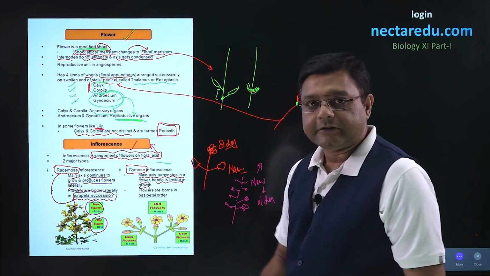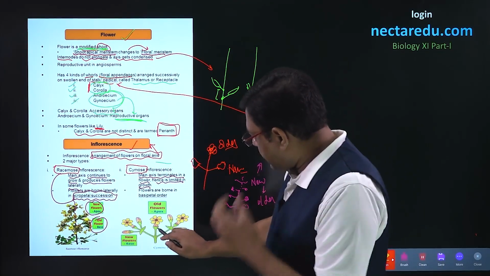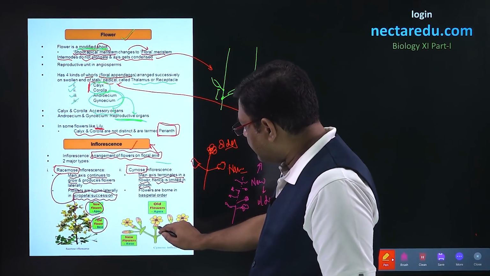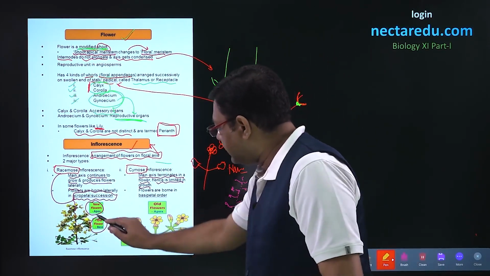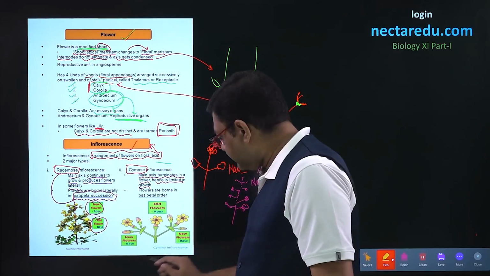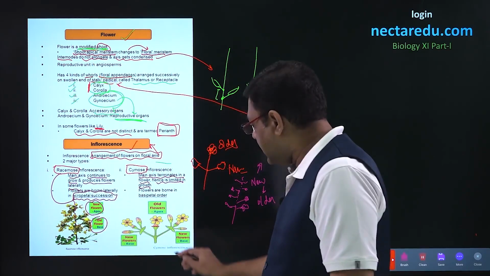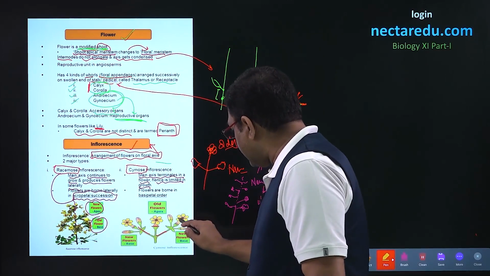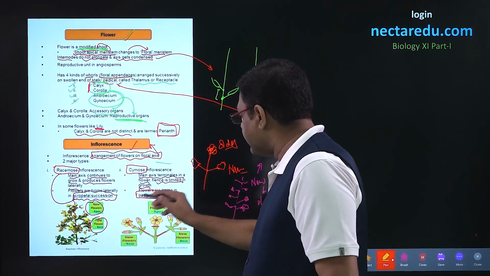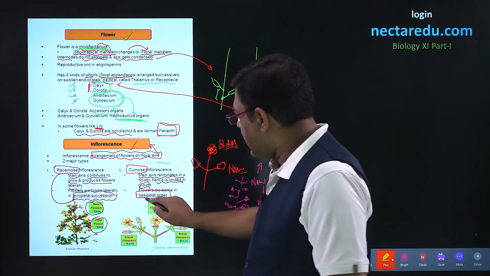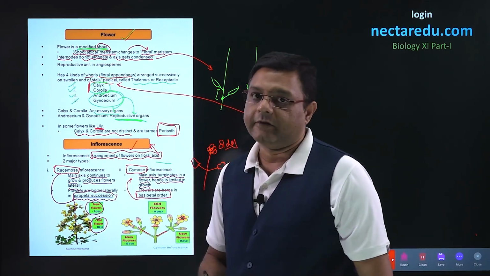The same thing we can see in this particular diagram. A flower has grown at the end of the main axis, so growth is terminated over here. In the previous case, it continued to grow. Here it is limited in growth, and new flowers will arise towards the base, and this particular order is called the basipetal order, and it is present in cymose inflorescence.